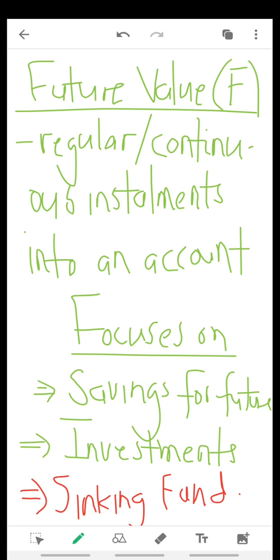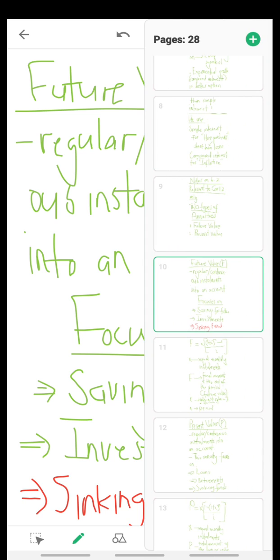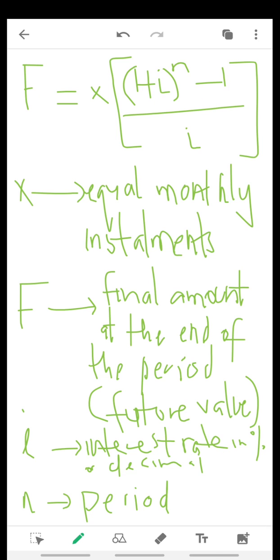So these are the focuses of future value annuity. Now let's check the formula that we use for the future value annuity. This is the formula: F equals x times (1 plus i to the power of n minus 1) all over i, where x, I have already said it,